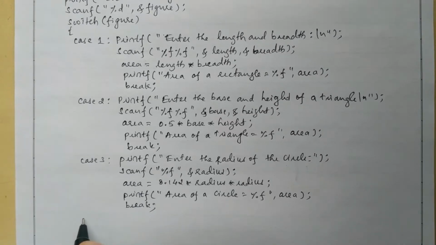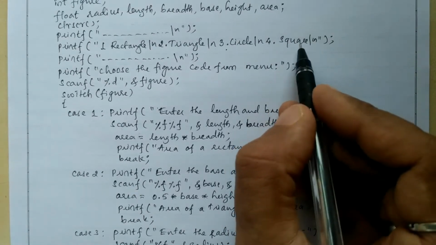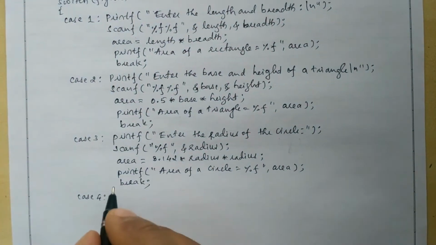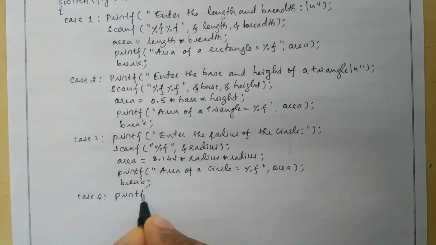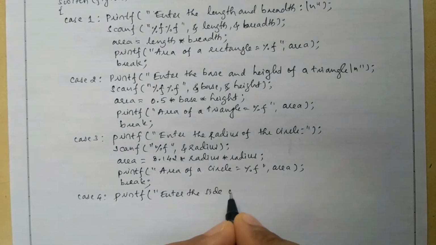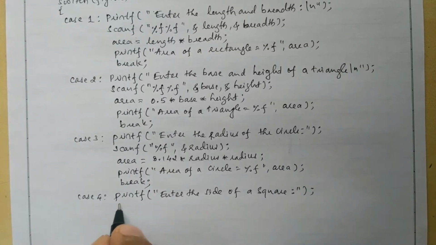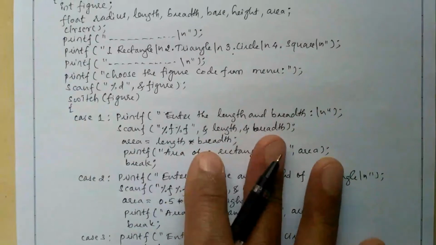Yes. Next we are going to write case 4. If the user presses 4 from the menu, then it has to calculate the area of a square. Here I am going to ask the user to enter the side of a square using a printf statement. In a double quotation mark I am going to write "Enter the side of a square". So end the double quotation mark, put a semicolon. Next the scanf statement, we are going to receive the response from the user. So using the format specifier %f, end the double quotation mark, put a comma, and here I am going to take